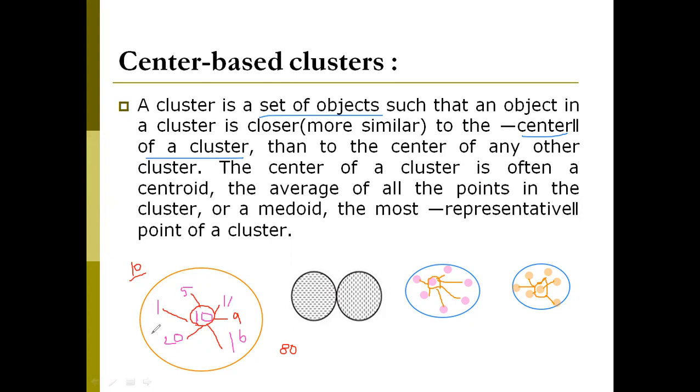From 1 to 10 the distance is 10, and from 20 to 10 the distance is also 10, but for the remaining data points the distance is very low, isn't it? So the maximum distance I may take between a data point and the centroid is 10. But between 10 and 80, how much distance is there? Literally 70, so it's not near the center point. That's why this particular data point is called an outlier. It does not belong to this group, this cluster. We can consider this kind of data point as an outlier.